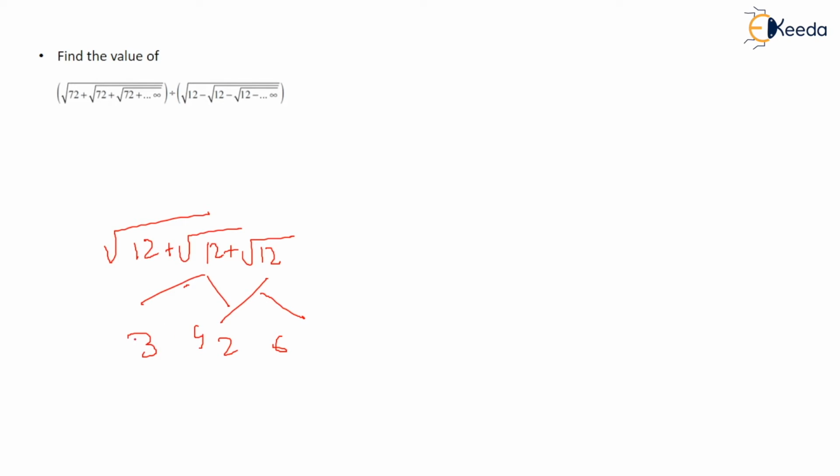So here is a question: find the value when the above one is divided by the below one. Okay, so always remember whenever there is such a type of question, if I give you root of 12 plus root of 12 plus root of 12, you have to find its factors, that is 2 or 6 or 3 or 4. So you have to find such factors whose difference should be 1.